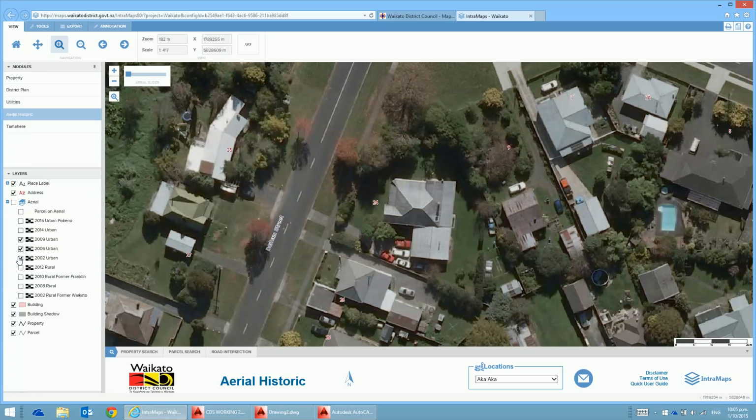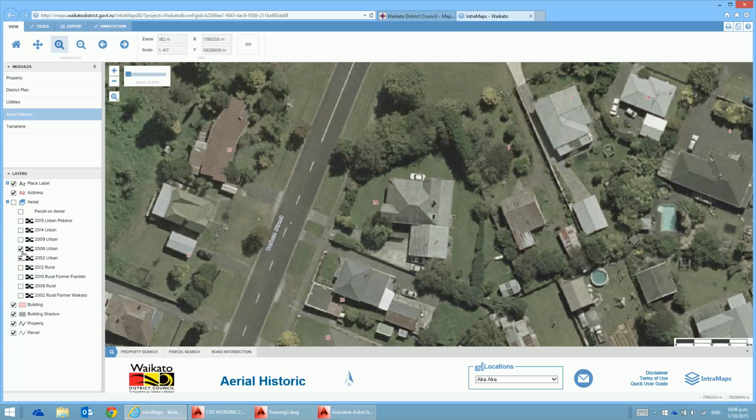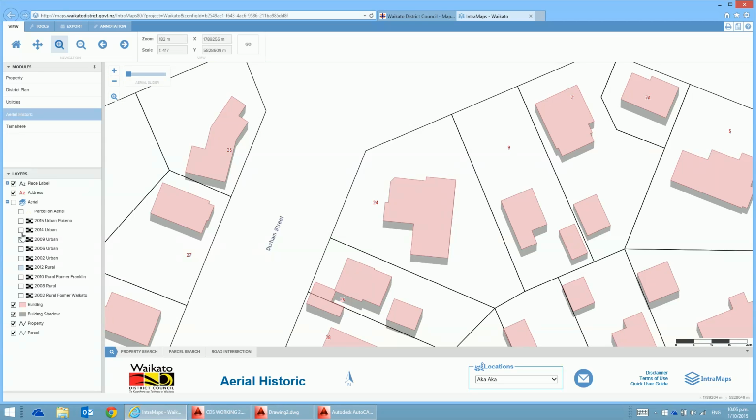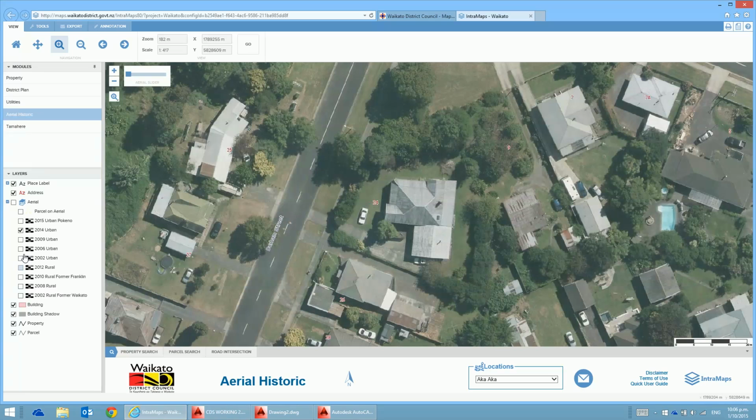Yeah, you can see various things that have happened to the property. I think it must take precedence to the most recent photography. So there's our 2002 urban there. Okay. Nice orderly hedges and things, and then finally we can go up to the 2014 photography there. So that's quite a useful feature for tracking things